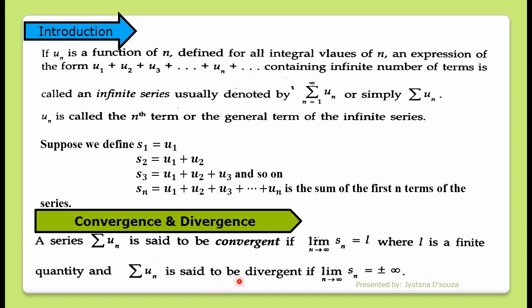One way of asking the question is to check whether the given series is convergent or divergent, or to find the nature of the series. The nature of the series means you have to conclude whether the series is divergent or convergent. So let us see a few examples to check whether the given series is divergent or convergent.